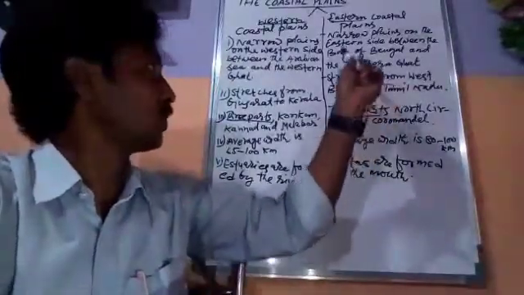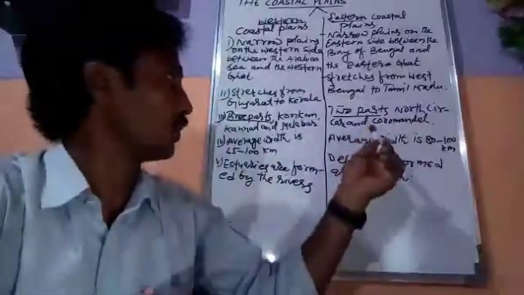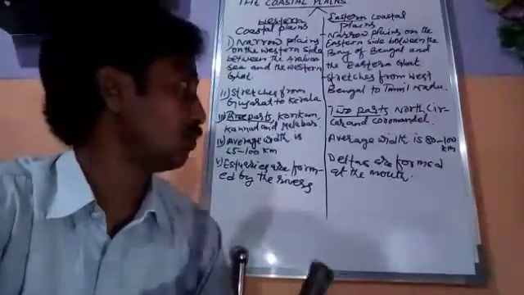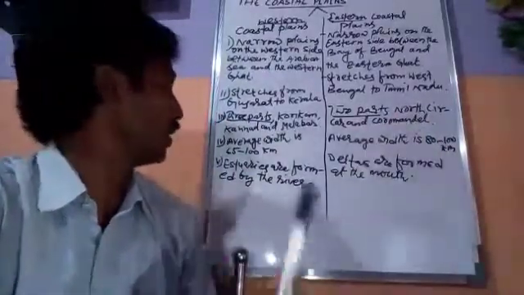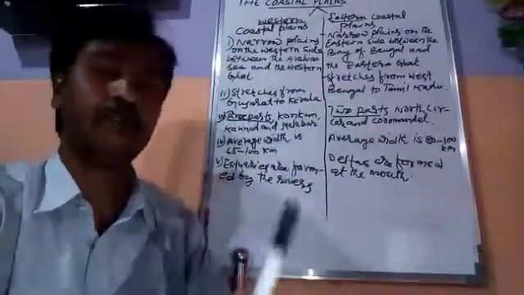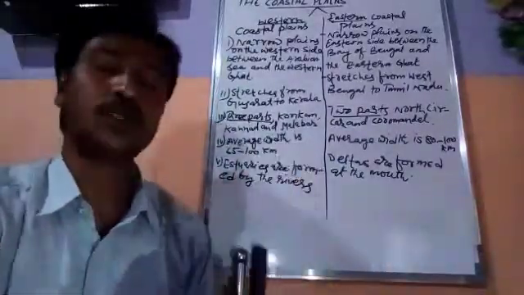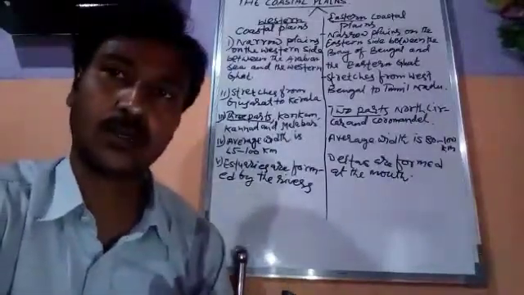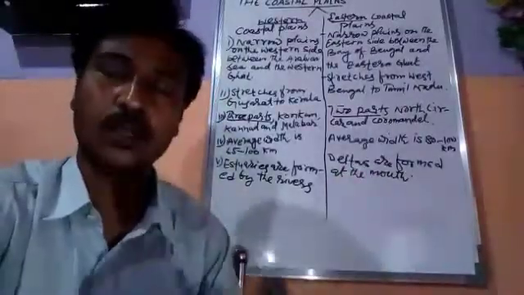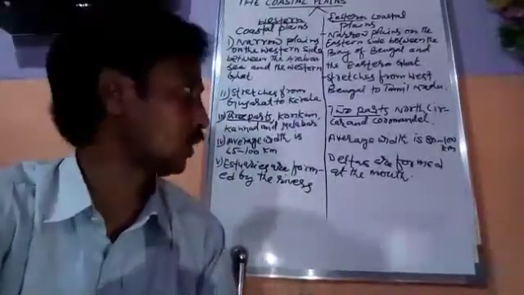The first one is the Northern Circars and the second is the Coromandel. So these are the two divisions of the eastern coastal plain, the Northern Circars and Coromandel. Now students, the average width of the western coastal plain is 65 to 100 kilometers, whereas the average width of the eastern coastal plain is 80 to 100 kilometers. That means the width of the eastern coastal plain is more than the width of the western coastal plain.